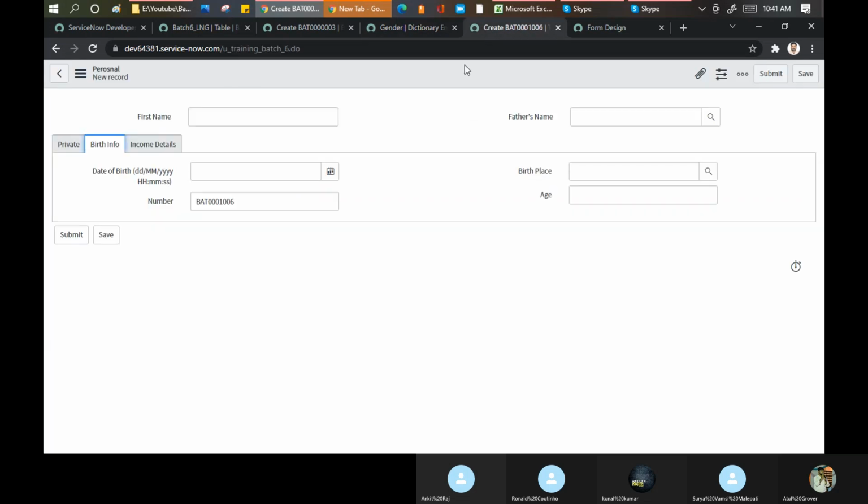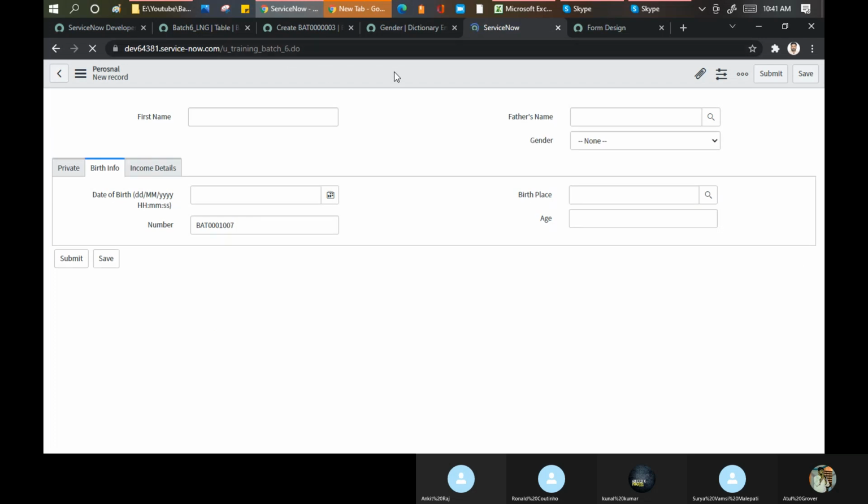If you just reload this page, see, no choice is there, right? Now I will populate this field with the values.